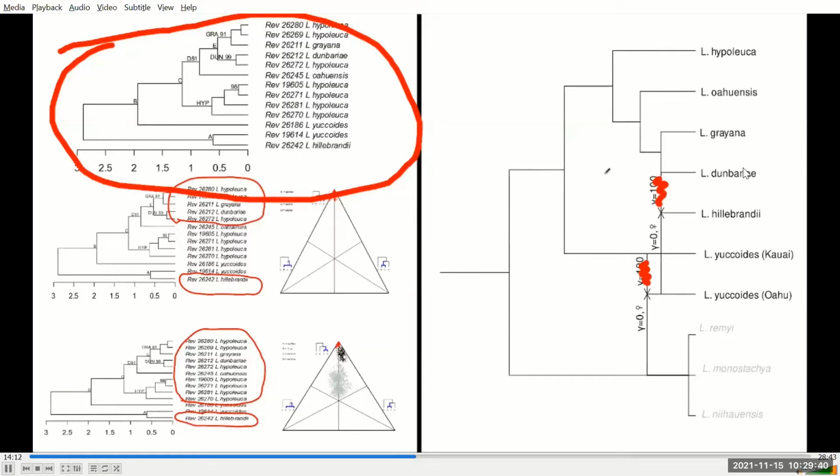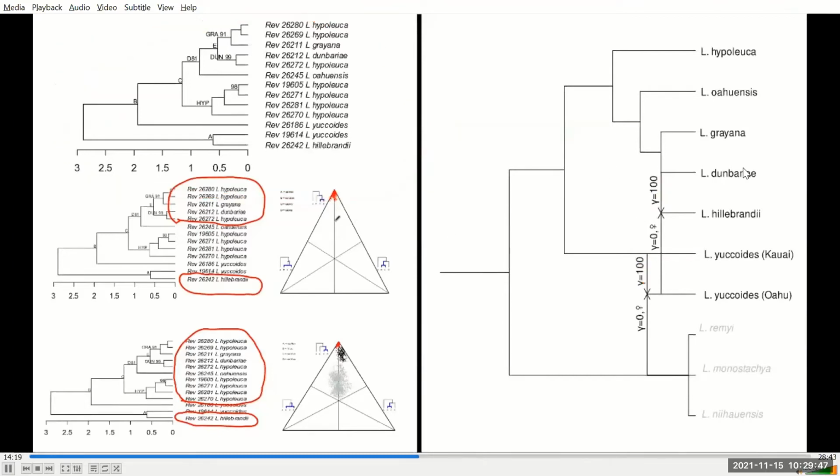But that's the tree that is the plastome, and that does not line up with what we're seeing in terms of the quartet analyses. So we did see this tree at one point. So eucoides together seem to form a clade, and everything outside of eucoides forms a clade. And so in order to make that happen, I